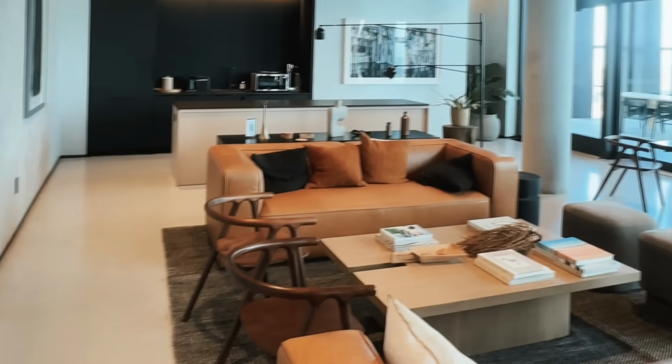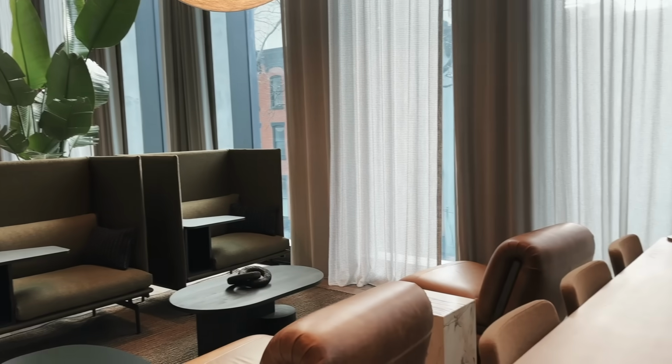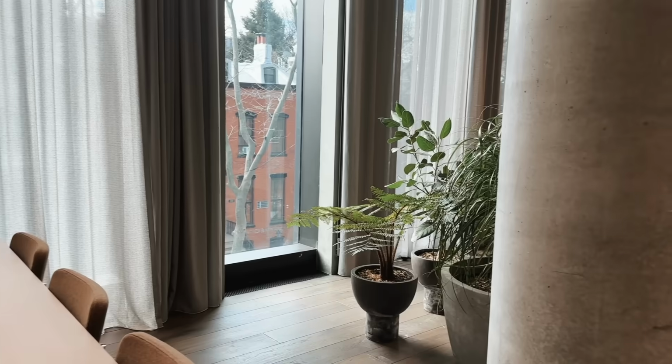Like, I knew I would use these amenities every single day. I love this apartment, but unfortunately there was no way it was going to work because it was missing the one bathroom. So our search continued to our next apartment, which again is in a really great location of Brooklyn